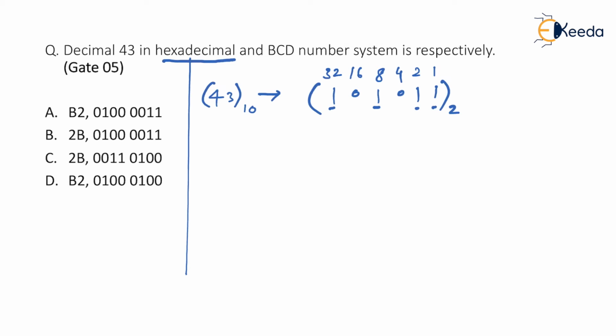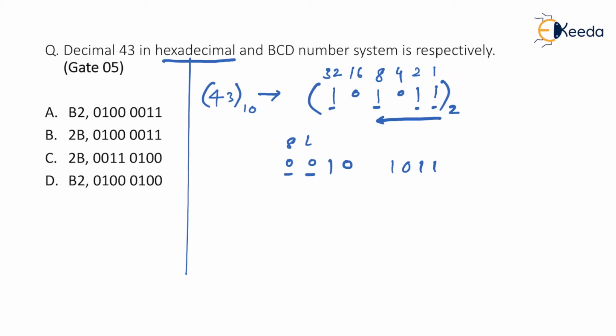We start from right to left and make groups of 4 binary bits. When I'm starting over here, 1011 becomes the first group and the next group can be written as 01. As you can see, to make it 4 bits, 2 bits are missing, so we keep them as 00. Again, don't use a sign extension concept here, because they are not talking about the signed number category, they are unsigned.